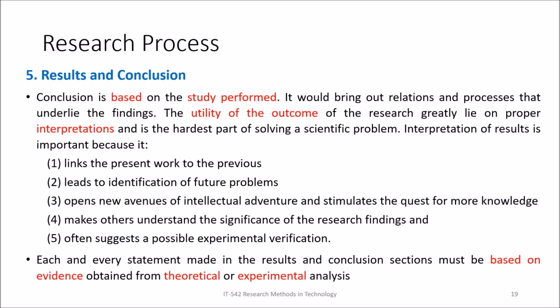Okay. So results and conclusions generally include, for example, some people are working on improving the accuracy of a specific model. So what is expected in the result part? What is the percentage of accuracy? Maybe 72, 82, 90. In that way, this should come into the result section. And based on that interpretation, what conclusions can you give, right? In order to improve the accuracy, we need to add some additional attributes. Maybe you need to include some attributes to improve the performance of the model. Like that, you can specify the conclusion.